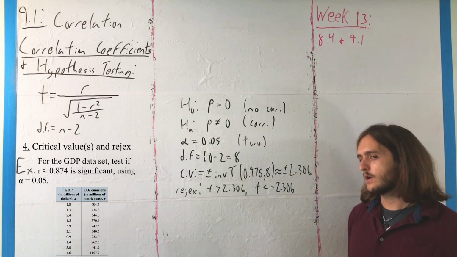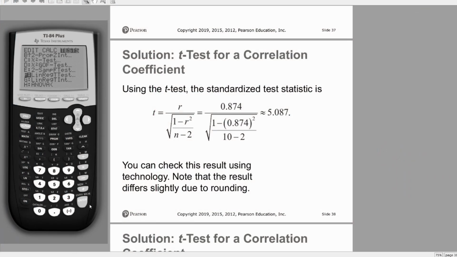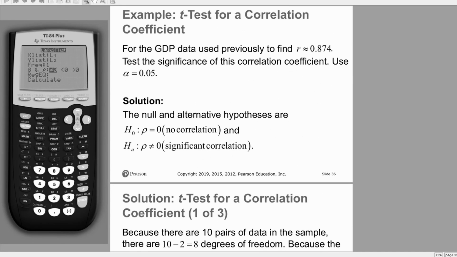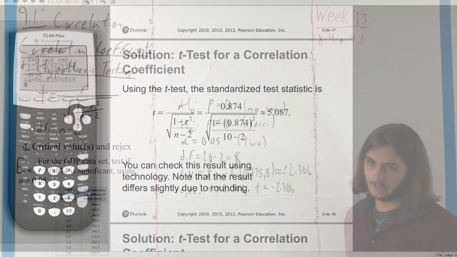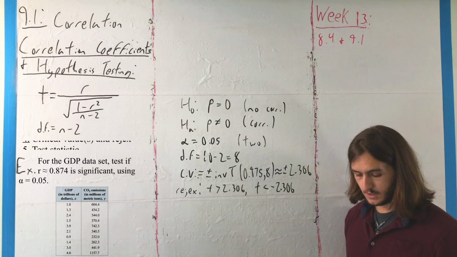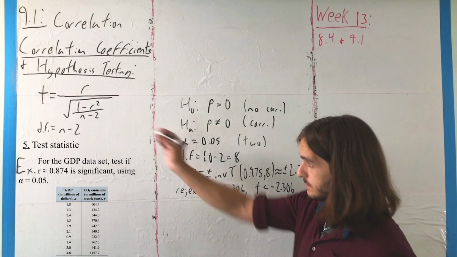Now if we wanted to, we could also get a p-value here, but the book is going to assume that we don't want that for whatever reason. Anyway, once we have this in mind, we can then talk about our test statistic, our t-score, using